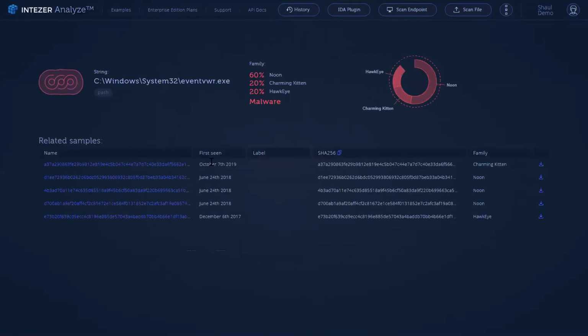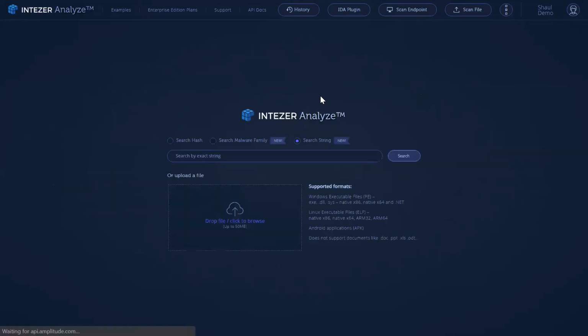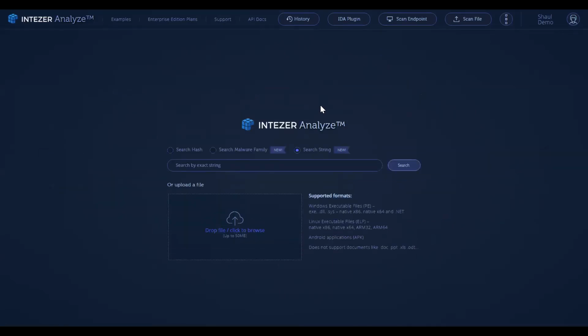Strings could be trusted as well or common if they appear in trusted files or both trusted and malware files. In this case, I searched for file path, which we've seen in several malware families, as you can see here. Specifically, you also get the information that this is a file path. And again, you can see the relevant families that have this string. And lastly,